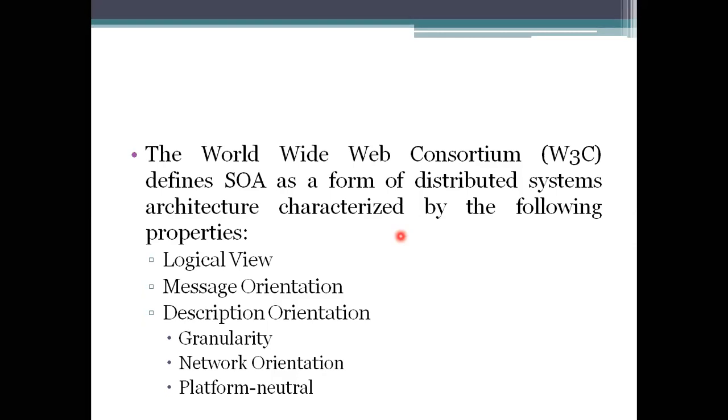Abstracted means there is no need to know about your actual programs or the databases or anything. You need to know about the input and the output. That's all. The internal working process should not be known to the user, so there is no importance to that.